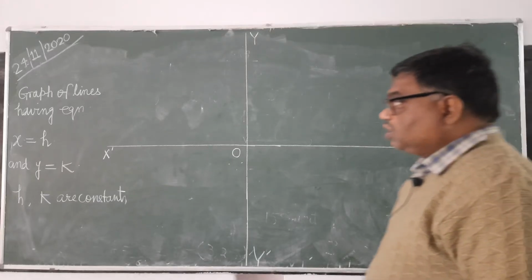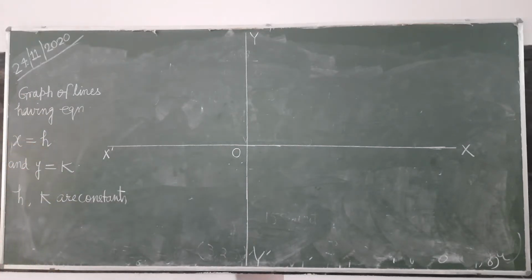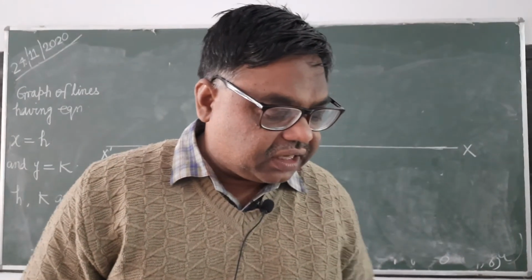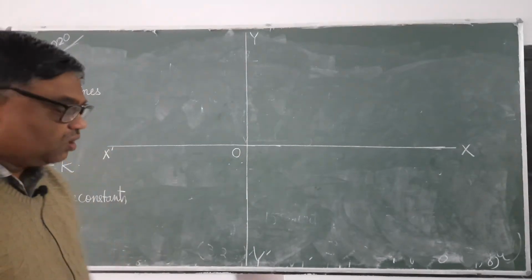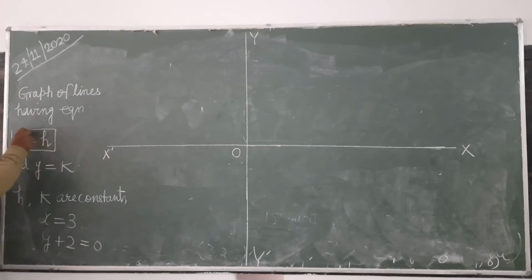So today we will do the graphs of lines having equations like x equals h, y equals k. See here, x equals h means like x equals 3, y equals 2, like this. x equals 3, y plus 2 equals 0. See here,